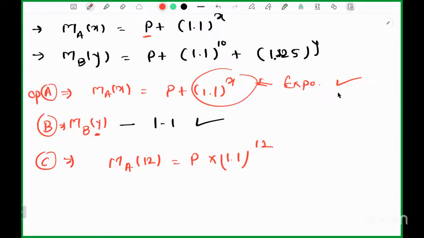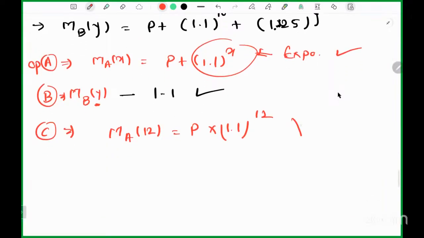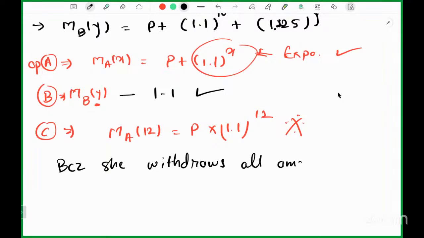The reason behind this is since after 10 years she withdrew all the amounts from bank A. It's given in the question, right? So she withdraws all amount from bank A